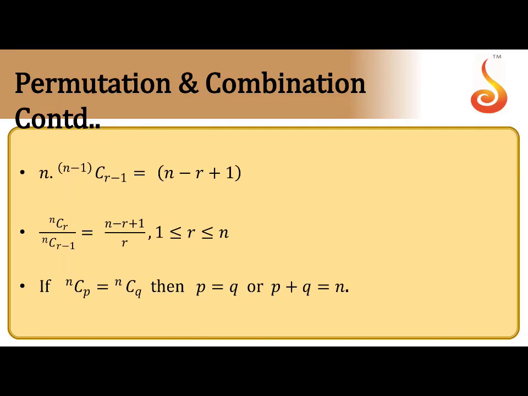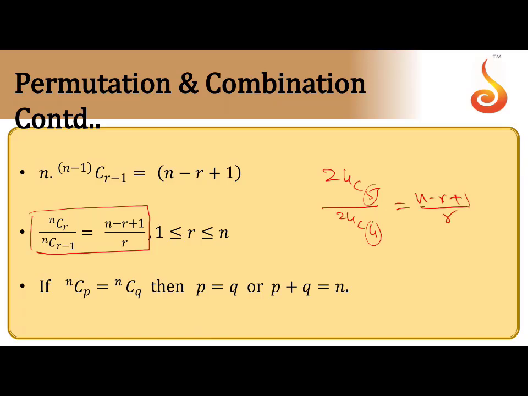Next, another important one. The first one is not much important, we're not using it anywhere. The second is important for us. The ratio of nCr and nC(r minus 1) is (n minus r plus 1) by r. Suppose I want to take 24C5 by 24C4. Here n is common and the difference is 1. So the formula is (n minus r plus 1) by r. n is 24, r is 5 and 4, which is bigger? 5. So you take r as 5. The value is 24 plus 1, 25 minus 5, which is 20. 20 by 5, the answer is 4.